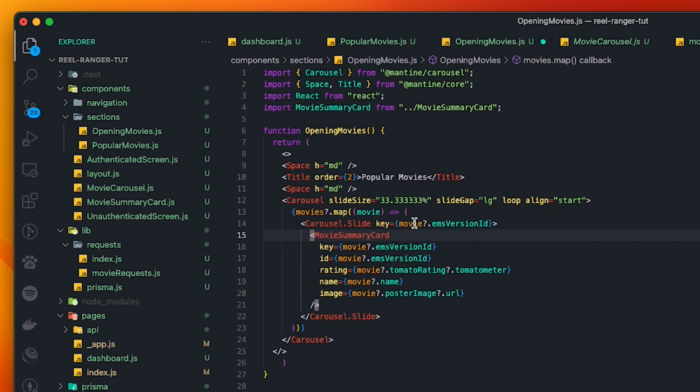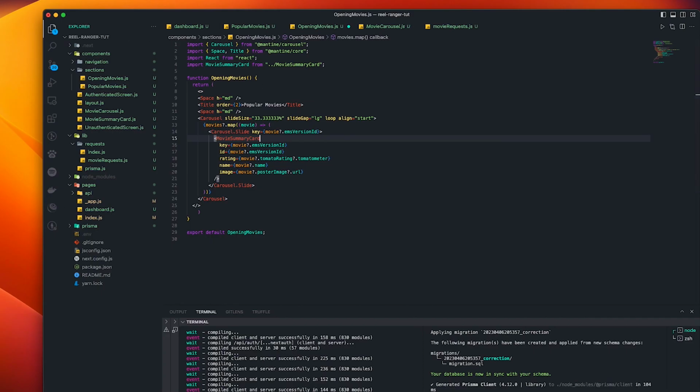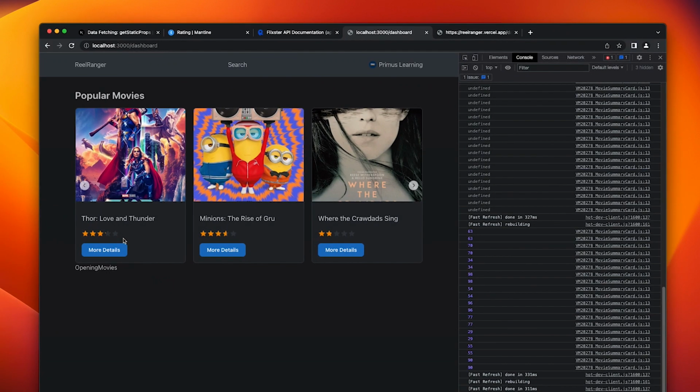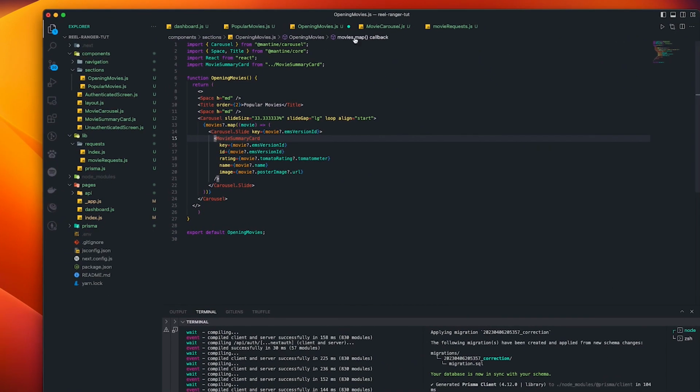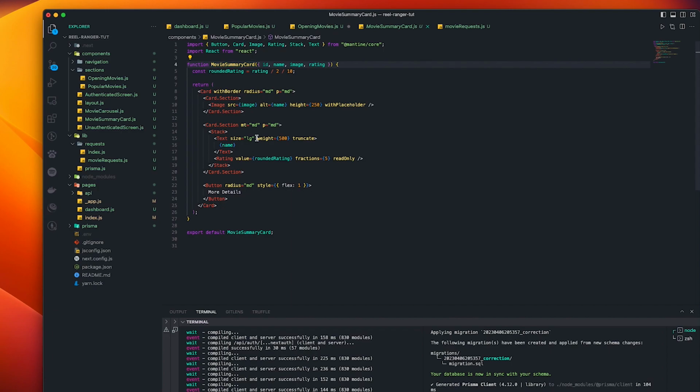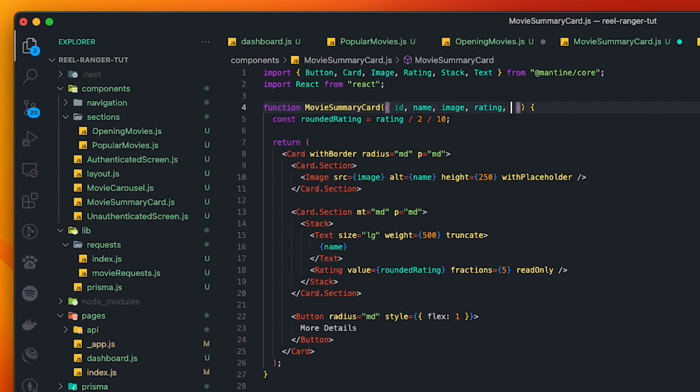Okay, so we're going to add a prop to our movie summary card called variant. So the variant is going to be in a way that if the variant of this card is opening, it's not going to render the more details button, because we don't want the user to see more details about a movie that was just announced, because the data will not be populated or accurate yet. So we're going to go to our movie summary card, and you're going to have a prop here called